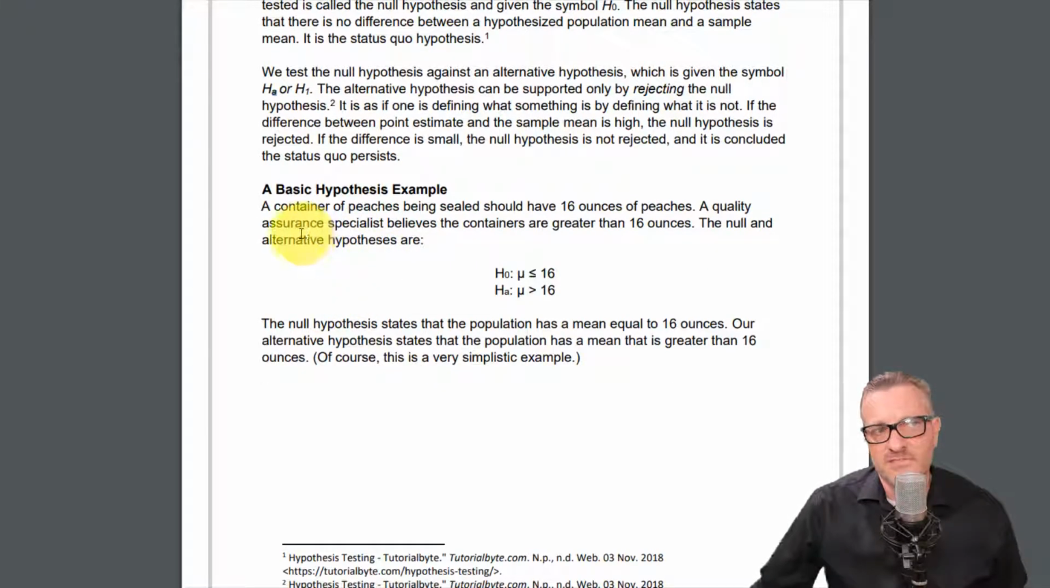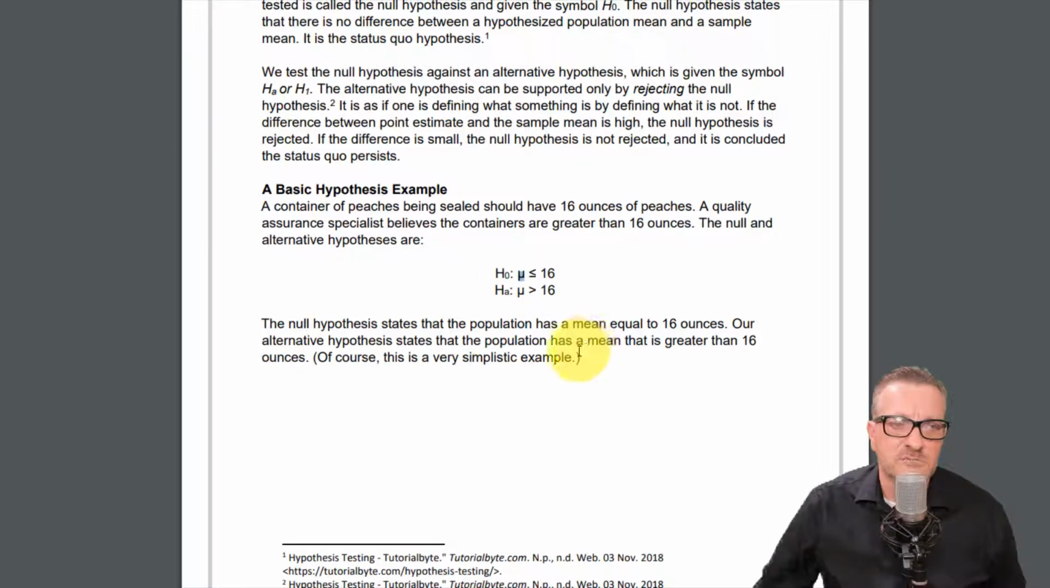Basic hypothesis example. It says a container of peaches being sealed should have 16 ounces of peaches. A quality assurance specialist believes the containers weigh more than 16 ounces. They believe they're greater than 16 ounces. The null and alternative hypotheses are: this is our null hypothesis, H0, and this is mu, this